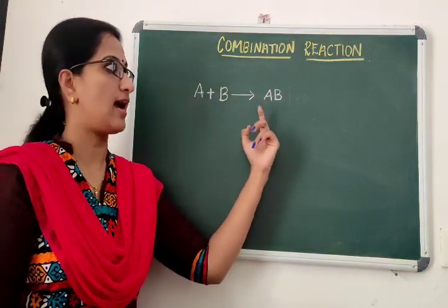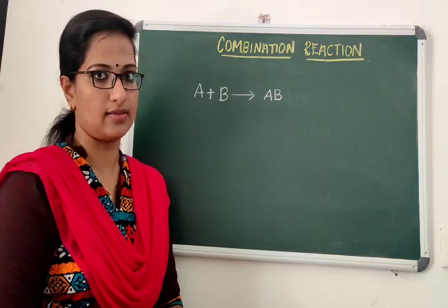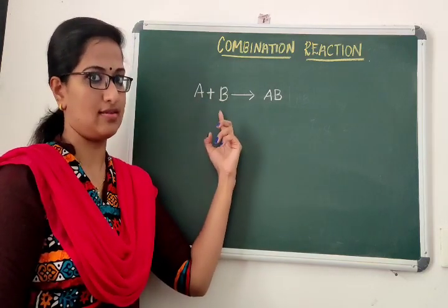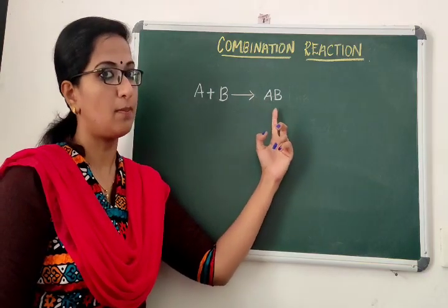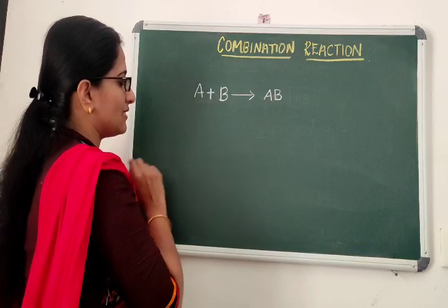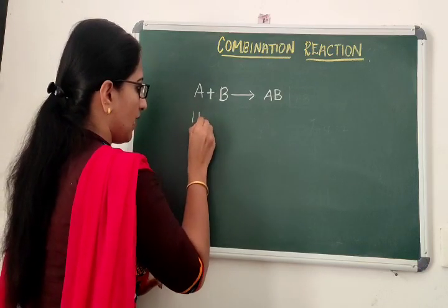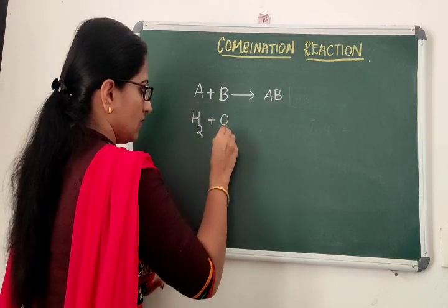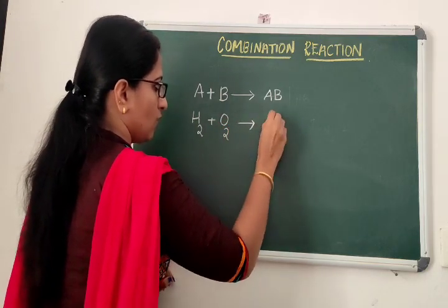This means that 2 or more reactants combine to form only 1 product. Okay, so when you write the example, hydrogen reacts with oxygen to form